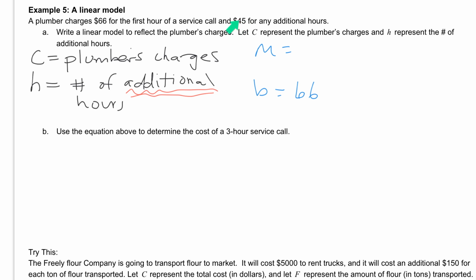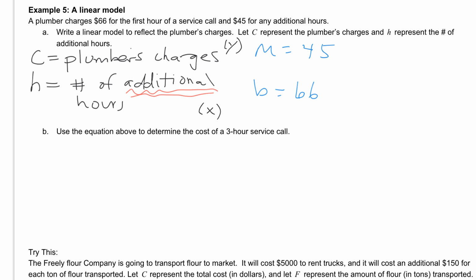And then after that, you're paying $45 for every additional hour. Remember, additional hours, that's our x value. So our slope is going to be 45. If you think about x and y, hours, our time is going to be our x. That's our independent variable. And our charges are going to depend on the number of hours,